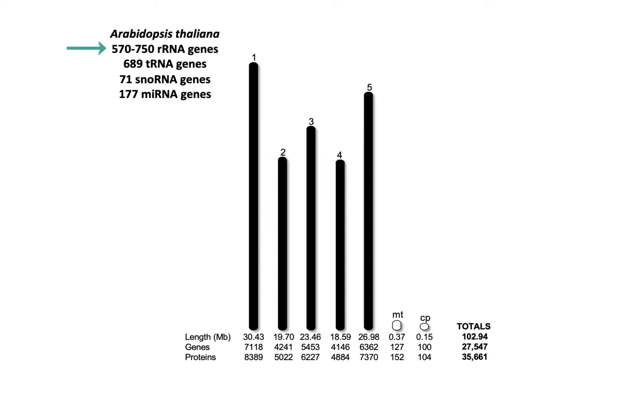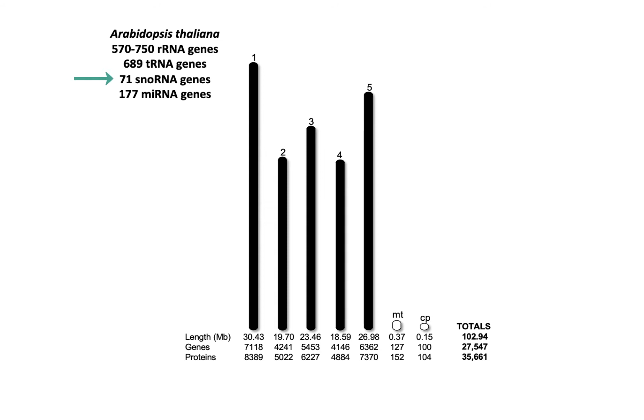Probably the minimum number of genes that an individual cell needs would be in the range of 200 to 300 ribosomal RNA genes. Then there are 689 tRNA genes,